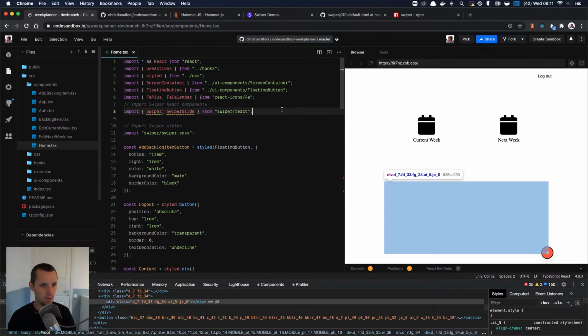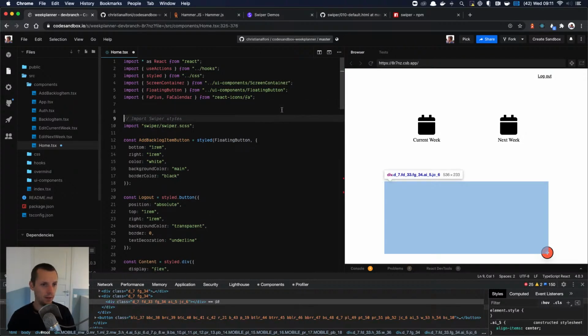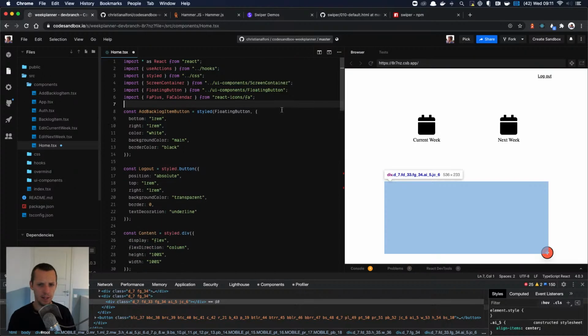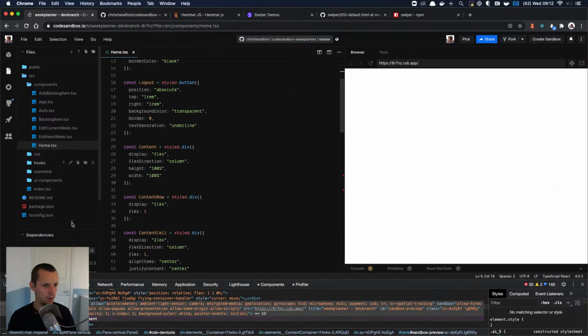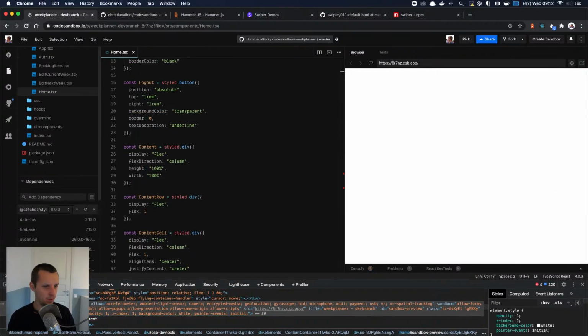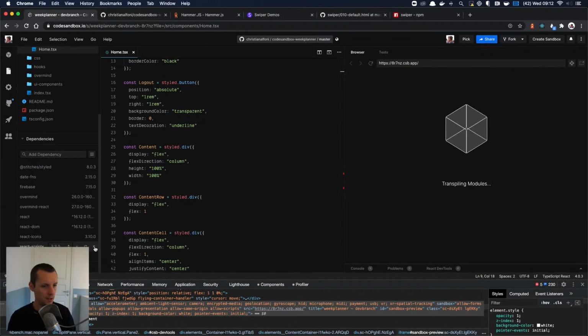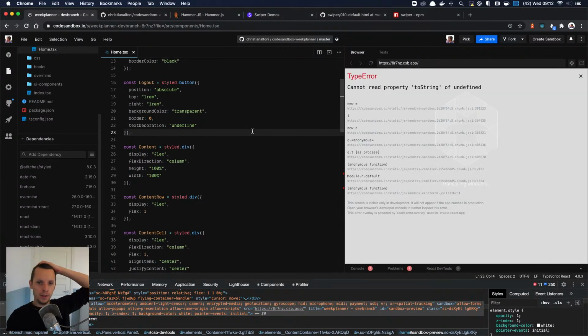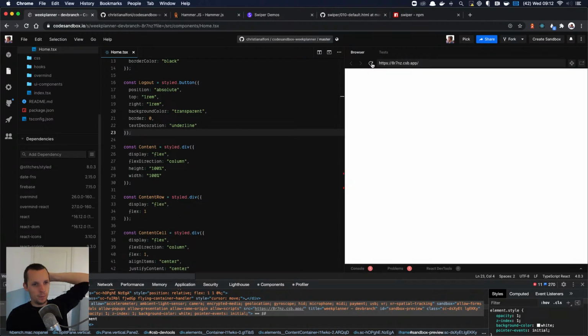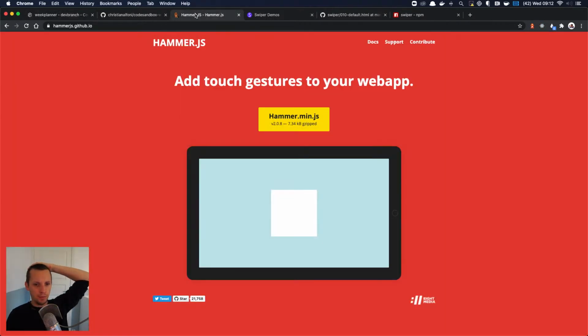We're not going to have swiper, and it has a ton of CSS stuff I'm not sure about. Let's remove that dependency. We're going to build it ourselves by using Hammer.js. I've done this before. It's really cool. It just makes it very easy to add touch behaviors to elements. And that's basically all we want.